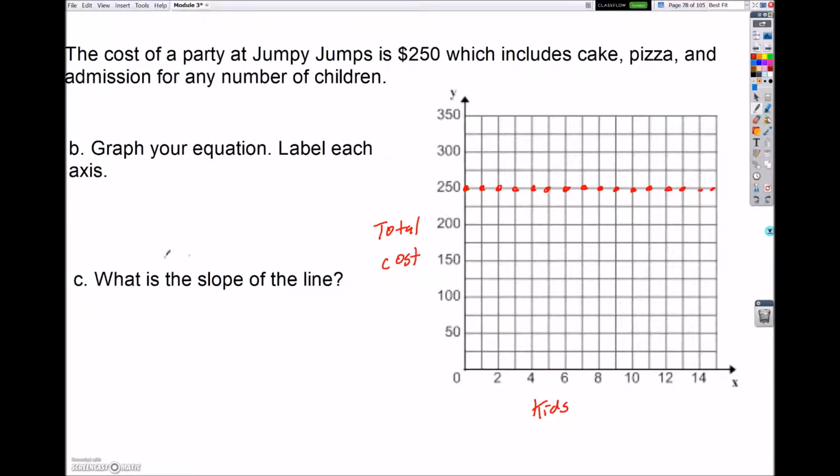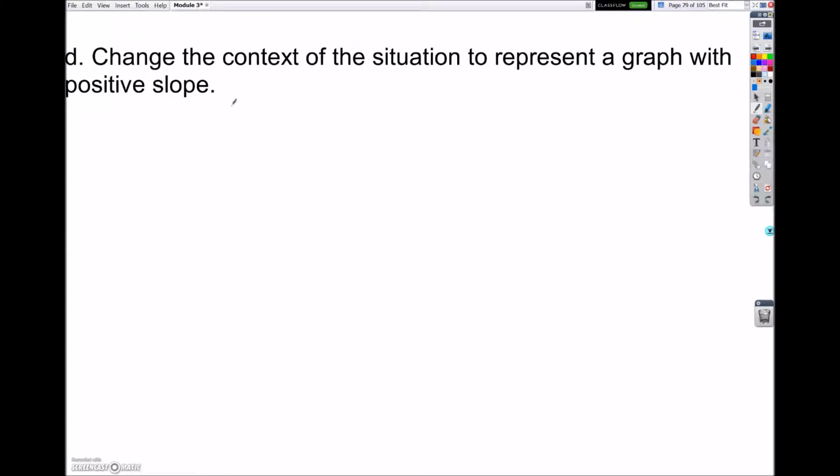So after we graphed and labeled, what is the slope of the line? Well, I went up 0 over 1, up 0 over 1, up 0 over 1. Therefore, my slope is 0. Now, the last part right here, change the context of the situation so the graph would have a positive slope. Right now, it has a 0 slope. So we would say it's